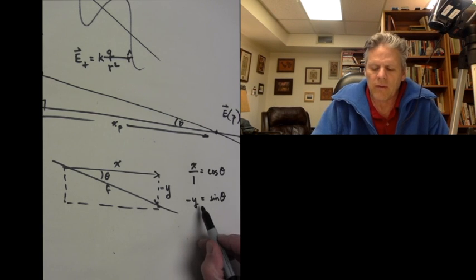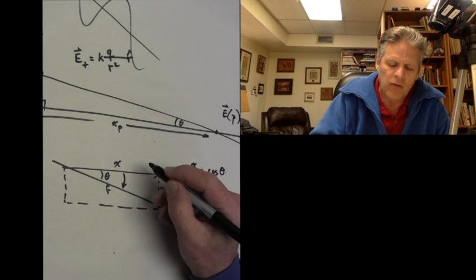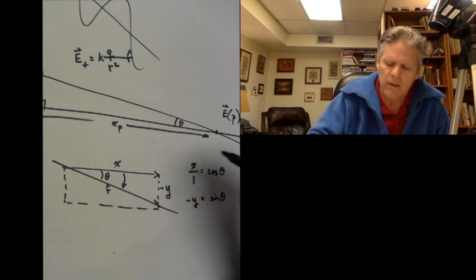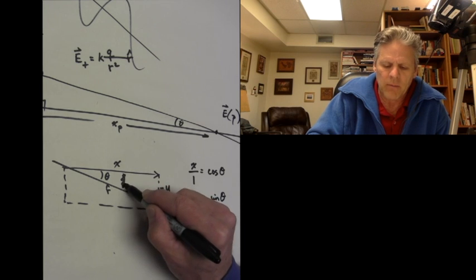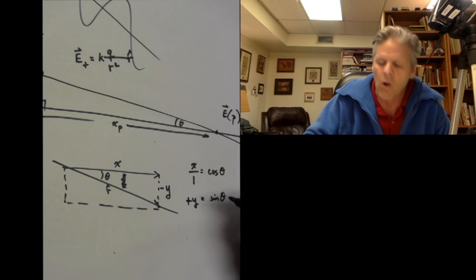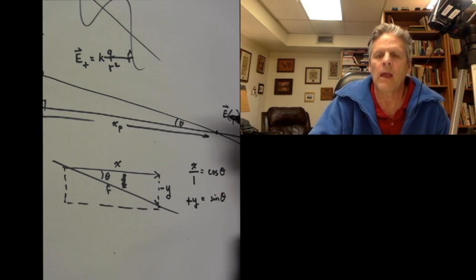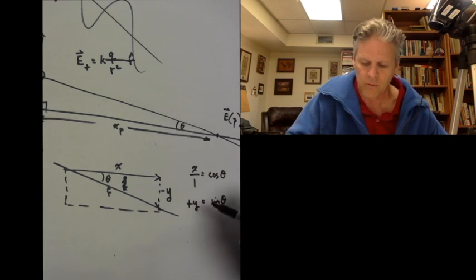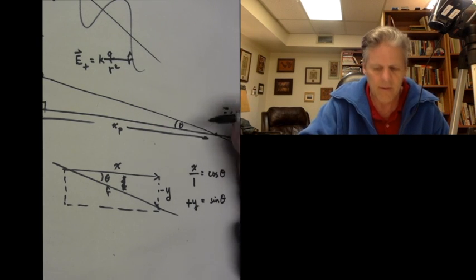So when we do this, we are defining this as the positive direction of theta. So we're going to go, you know what, I'm going to change it. I don't want this to be the positive direction because of the way I drew the coordinate system. So instead, I'm just going to say y equals sine theta, and this will be a negative theta, and the sine of a negative angle is negative. So this will end up being negative, but let's just keep it as sine theta, and we'll define this as